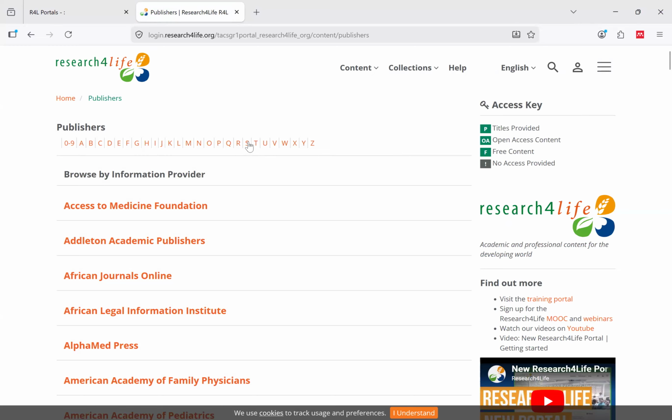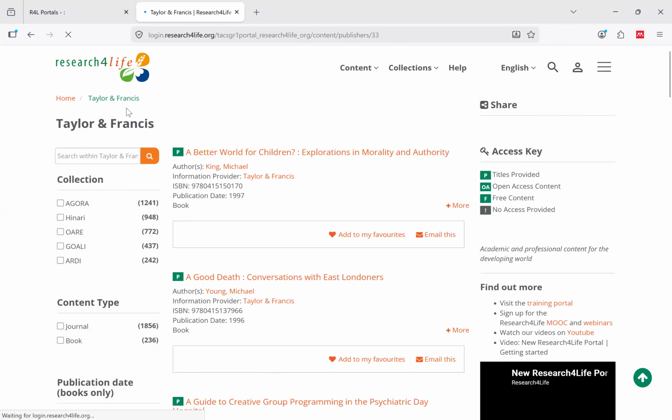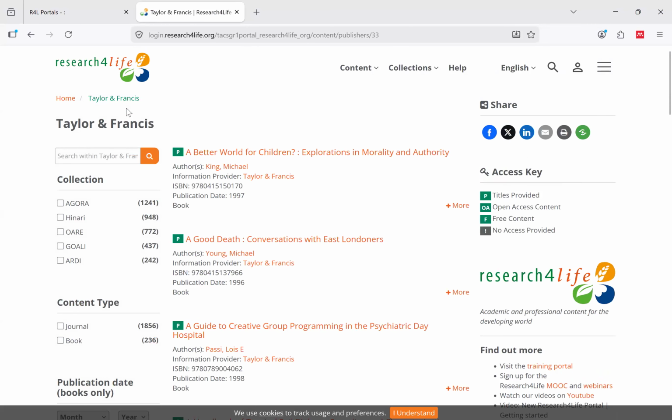I want us to explore another publisher called Taylor and Francis. So I'll click on T. I just want us to familiarize ourselves with how to search this. When I click on T, it gives me the list of publishers that begin with T. I think we have three. I'll click on Taylor and Francis because that is my interest. It gives you the list of journals in Taylor and Francis. But remember, as a researcher, you don't know the content in there, so just click on any of them to lead you to their interface.